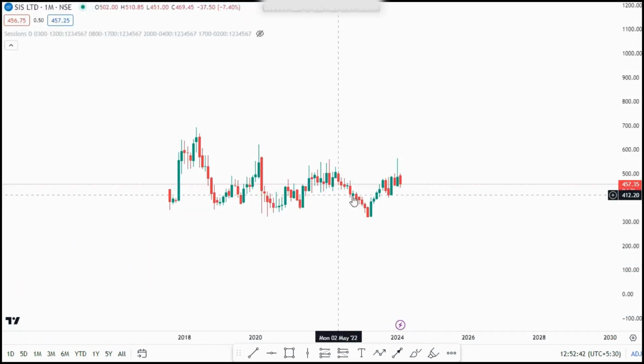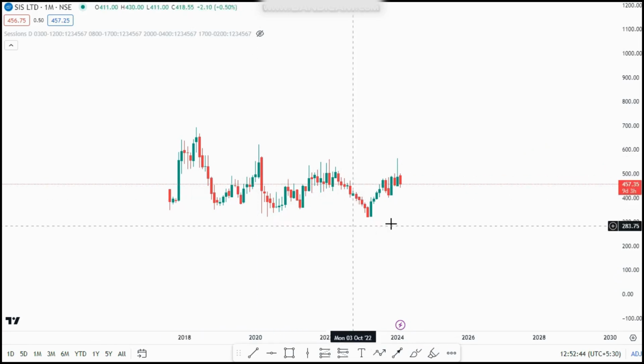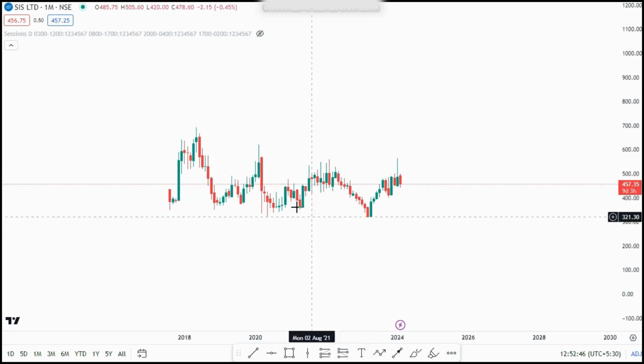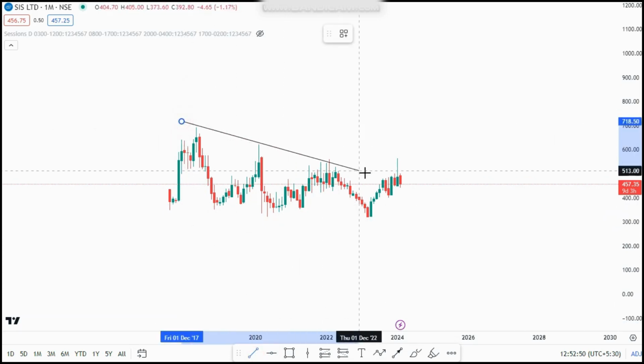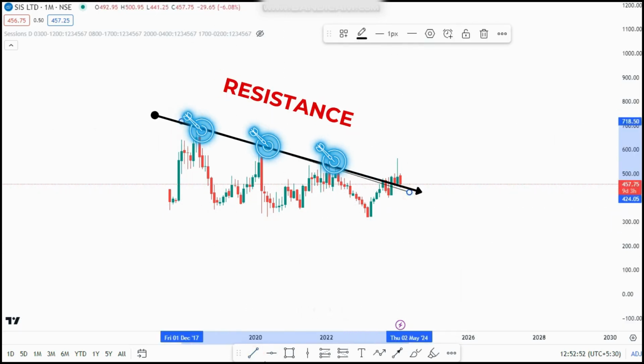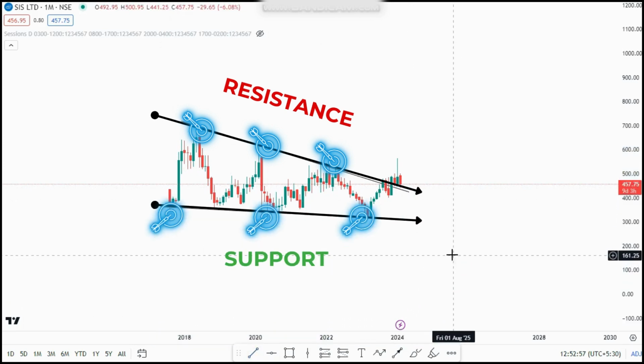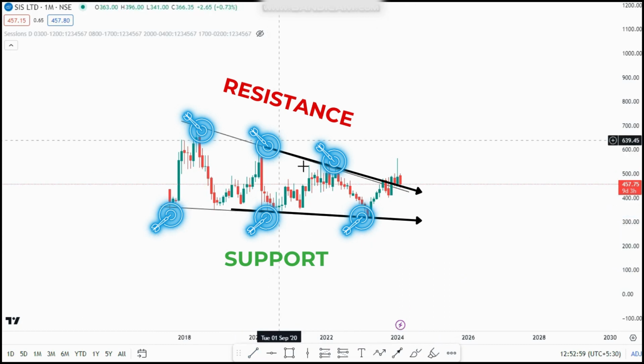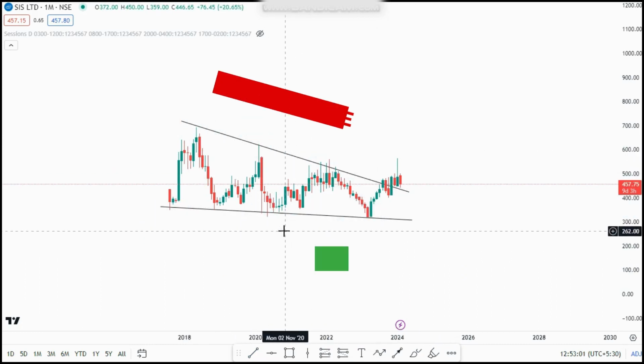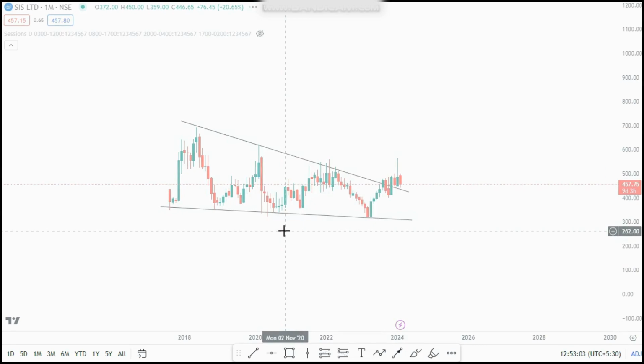Now if you check the SIS chart, you can understand that this is in a sideways trend. The major support and resistance levels were in the monthly time frame. So this is the resistance and this is the support. With this being the resistance and this as the support, when I move down to the weekly time frame,